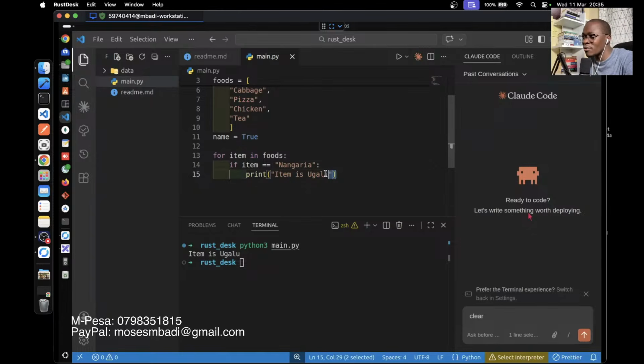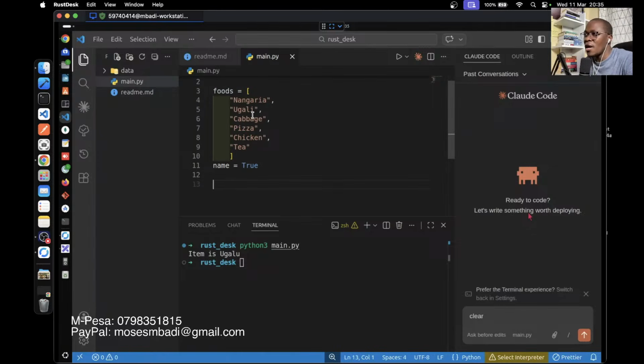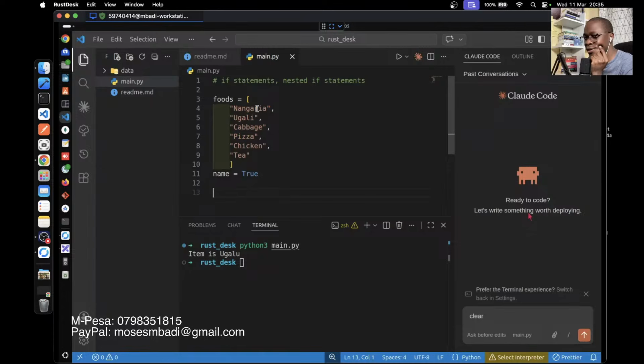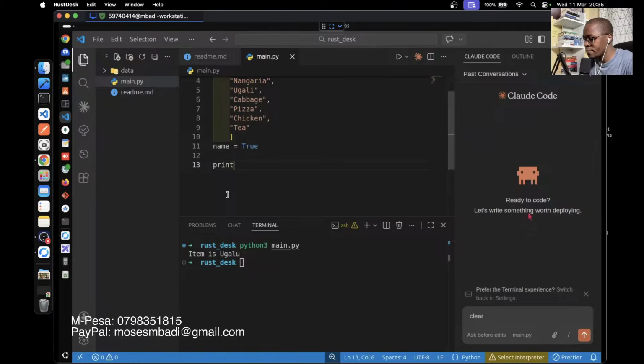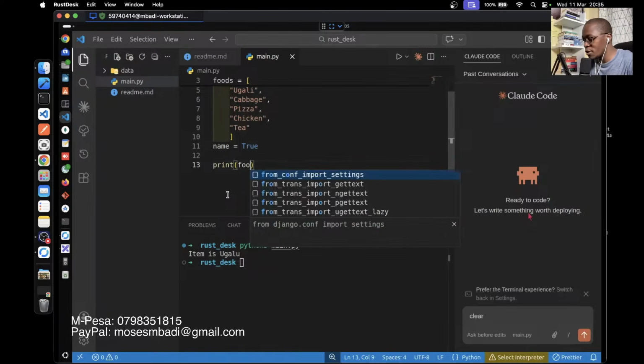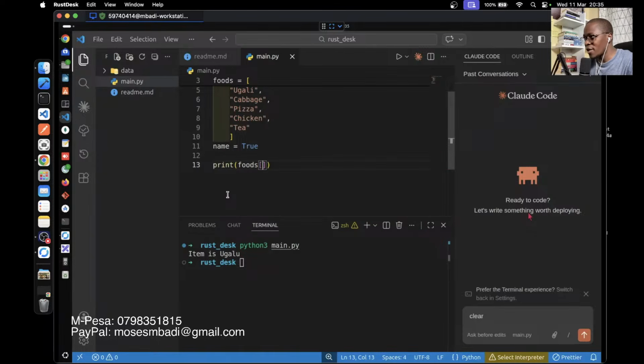But before we get into all this mess, let me just start with a clean piece of code. So we have a list, okay, and we want to find out in this list who is at position 3, okay? So how do we do it? We can say print foods, and then you use these brackets, and then you say position 3, okay? Let's see what will be printed at position 3. So we run our code, and as you can see, position 3 is pizza.